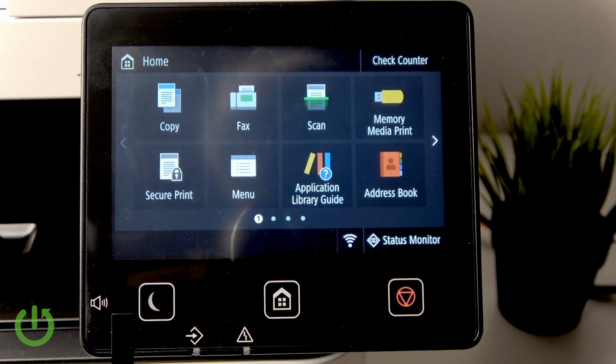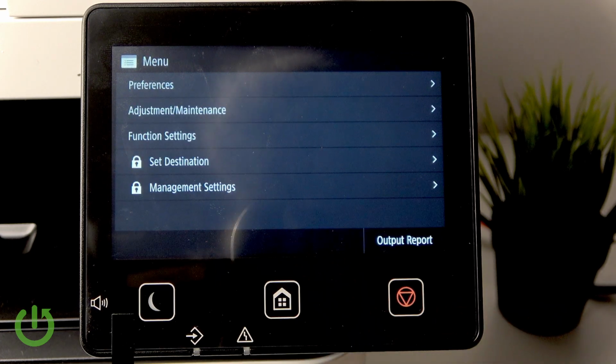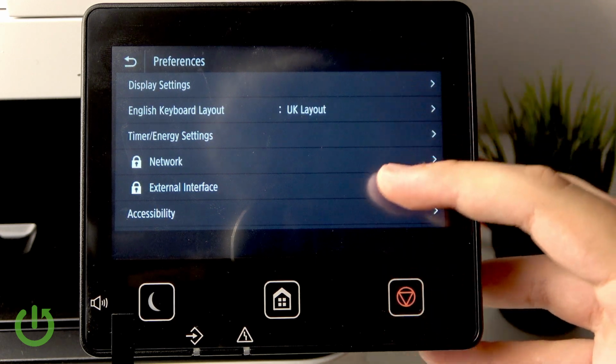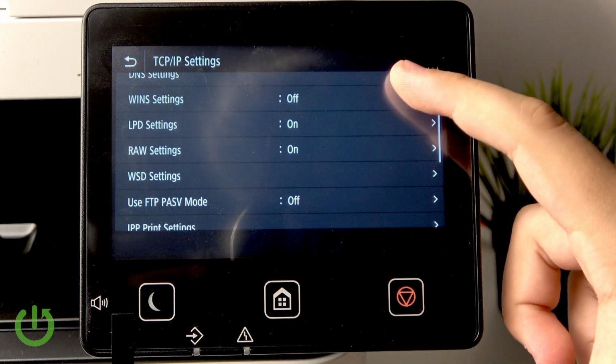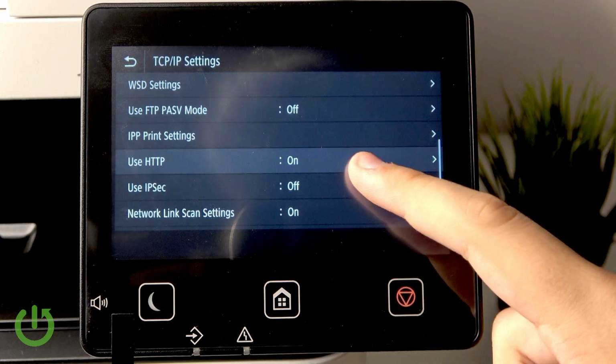So first, what we need to do is go over to menu. Now here, let's go to preferences and go to the network. Here we need to go to TCP and IP settings, and right here we will need to scroll down until